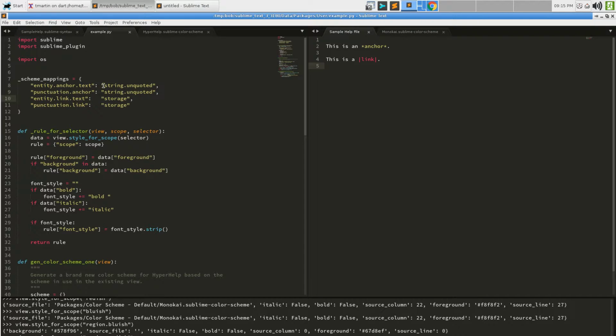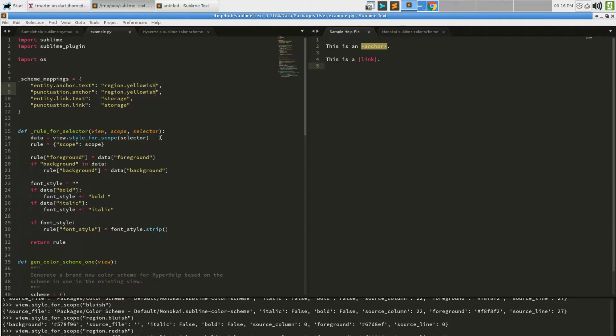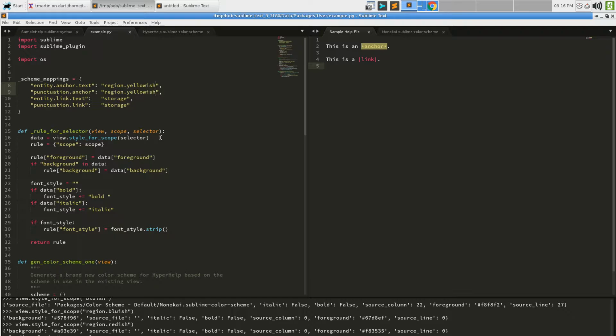So I could actually even make this smarter if I wanted to. I could call these region.yellowish and end up with some colors over there. The problem with that is those colors don't have a background color applied. Or sorry, they do have a background color applied, I should say, along with a foreground color. That's not something that's untoward.